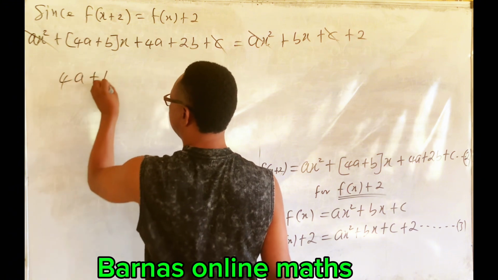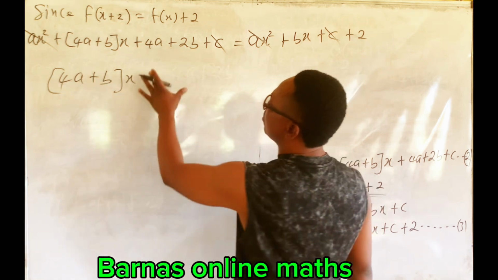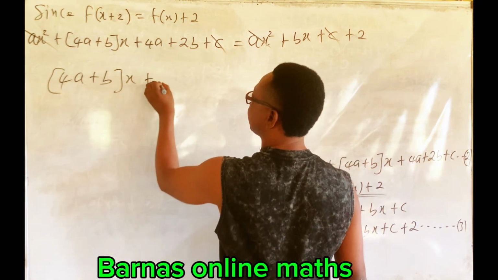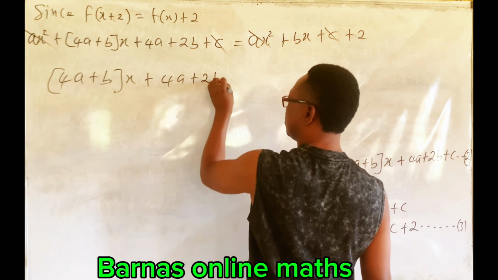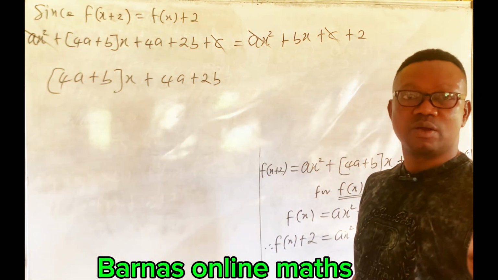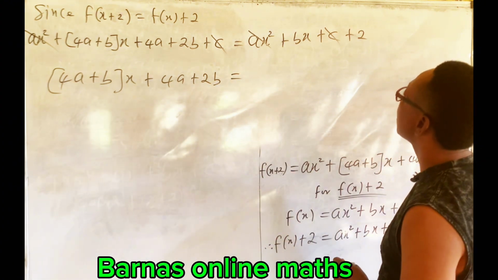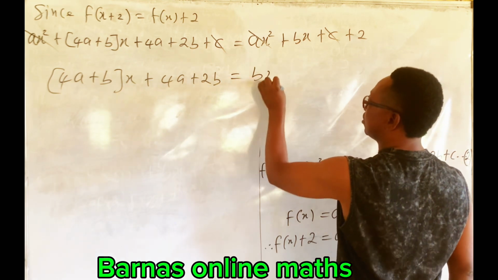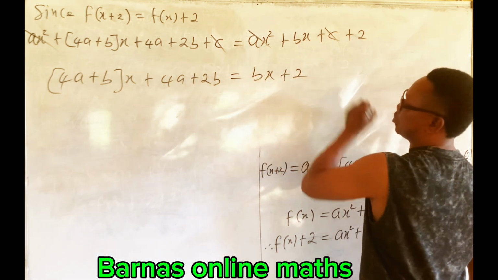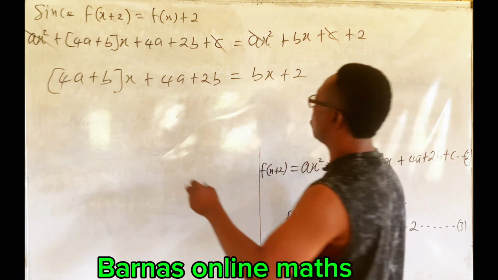4a plus b all multiplied by x, then plus 4a plus 2b, which is equals to bx plus 2. Okay, we are going to equate coefficients. Equating coefficients,